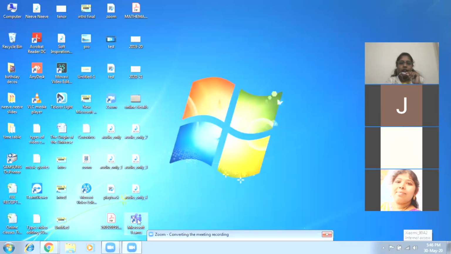I have already opened Microsoft Teams, so it will open automatically for me. When it asks you to sign in, you have to give your MCB user ID. Harisha ma'am, what is your MCB user ID?